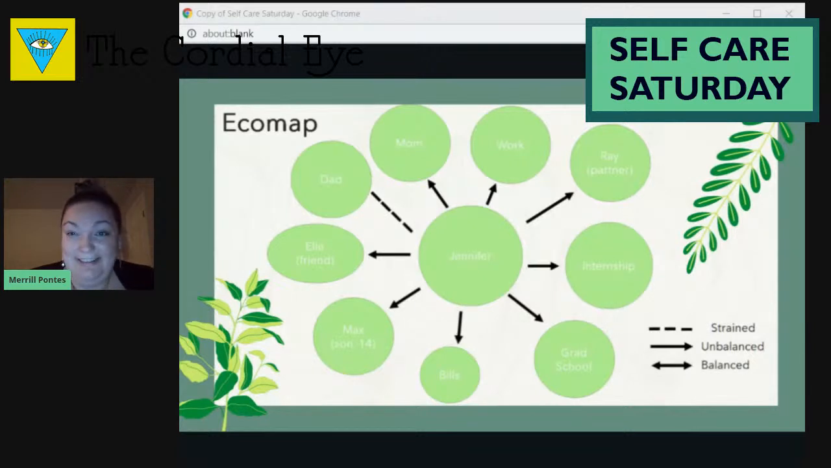They're stressful, and they drain resources from us. So the goal here is not for Jennifer to look at this and be miserable and think, wow, everybody's taking advantage of me, but for Jennifer to look at this and think about what she can change. How can she change her eco map so that there are more arrows pointing at her and less pointing away from her, so that she has more balanced arrows, because she doesn't have any right now, more of those double-sided